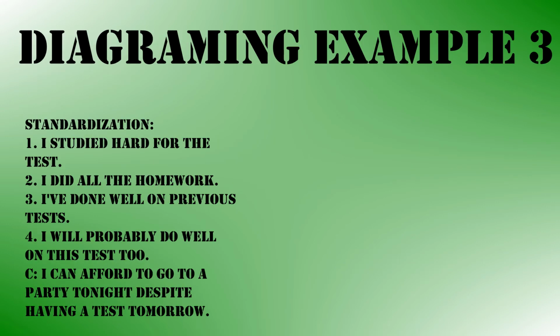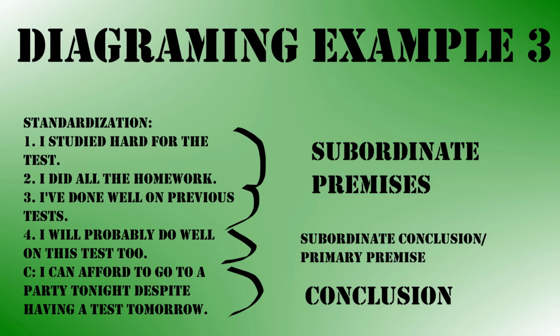So in this case, let's look at our standardization then. We've said that our main conclusion is the fifth sentence, so that'll go at the bottom. Then for the purposes of the standardization, we'll just list the premises as we see them in order. I studied, I did all the homework, I've done well in the previous exams, and I'll probably do well in this exam. They're all premises insofar as they're not the main conclusion, basically. We'll say those first three are subordinate premises. 4 is the subordinate conclusion. It's also the primary premise that gives support to the actual conclusion that I can afford to go to the